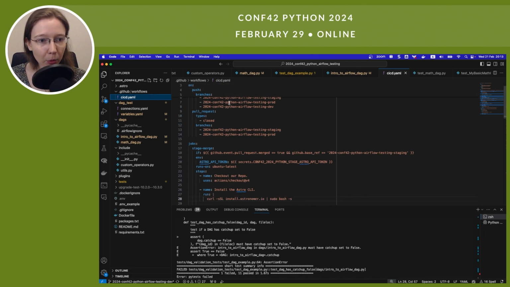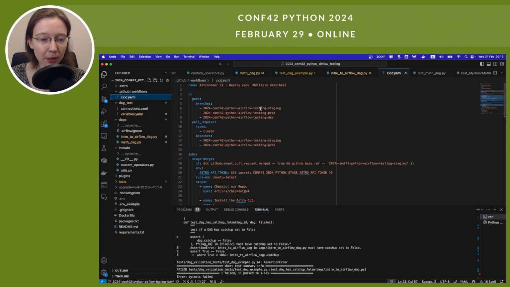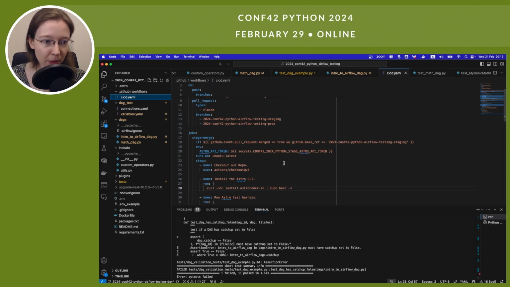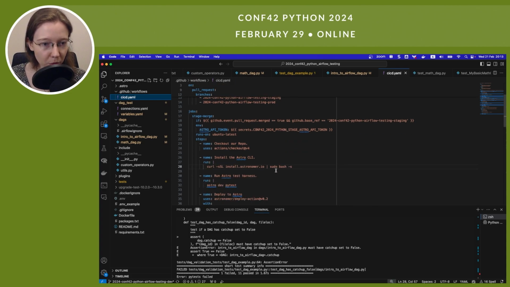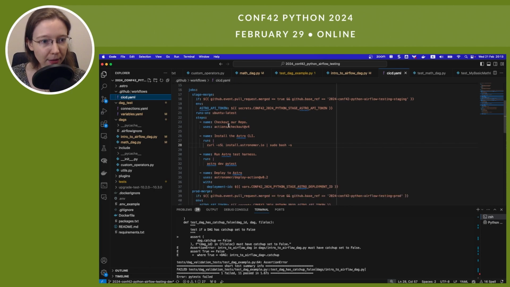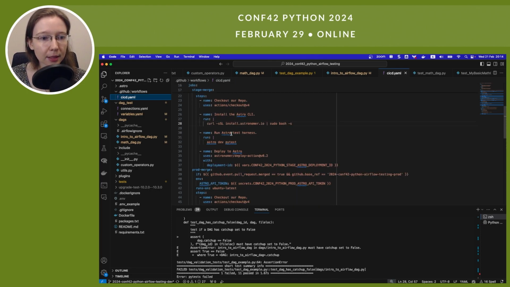I'm saying I want to always run these tests when I push to these branches or when a pull request is close to these branches. Then I have some customization which tests I want to run. And I say, well, check out the repository, install the Astro CLI so we can run astro-dev PyTest, and then run the test harness. So this is running the exact same command inside of the CI/CD that I can run